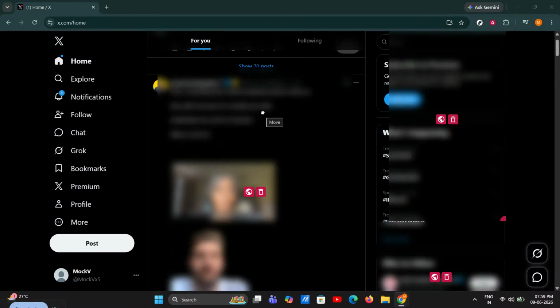If you want to verify your account on X, formerly Twitter, using Twitter Blue, this guide will walk you through the exact steps on a PC, from checking eligibility to subscribing to X Premium and waiting for the blue checkmark to appear. By the end of this video, you'll know what requirements you need, where to click, and what happens